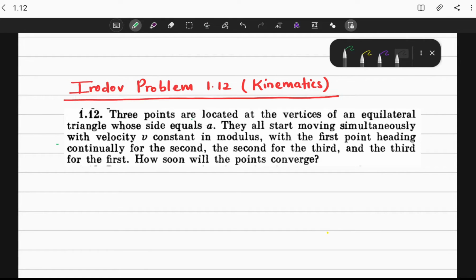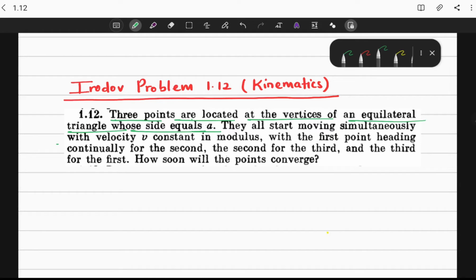Hello everyone. In this video, we are going to solve problem number 1.12 from Irodov, which is related to kinematics. Let us first read out the problem and then we will solve it step by step. There are 3 points located at the vertices of an equilateral triangle whose sides equal A,